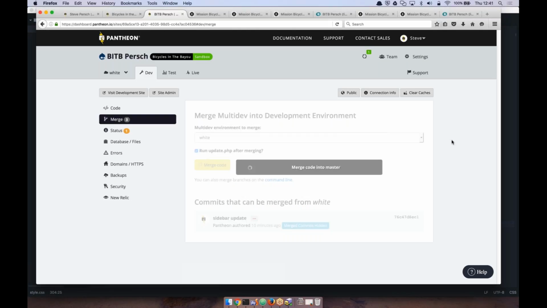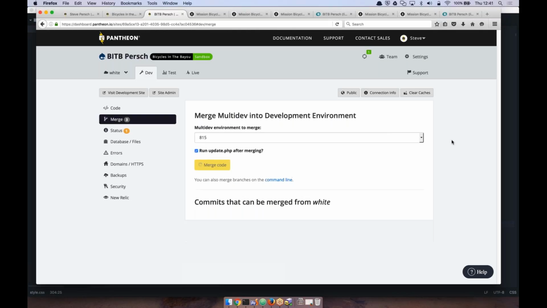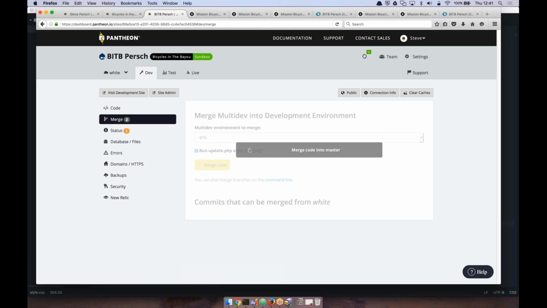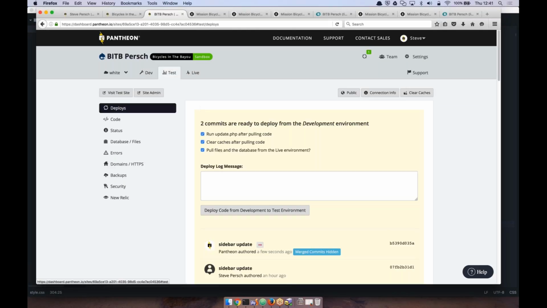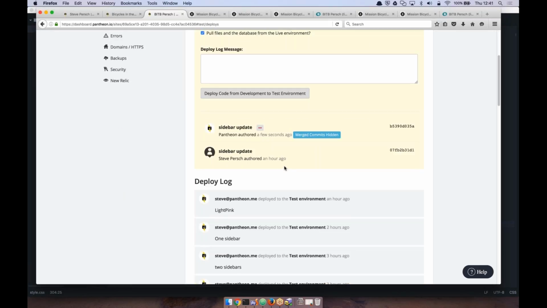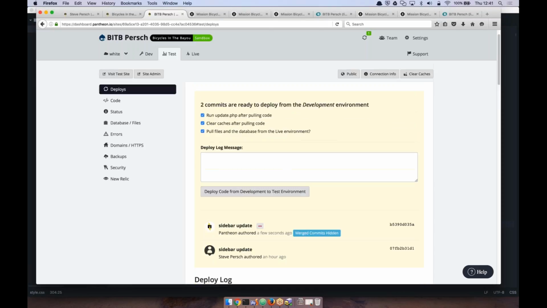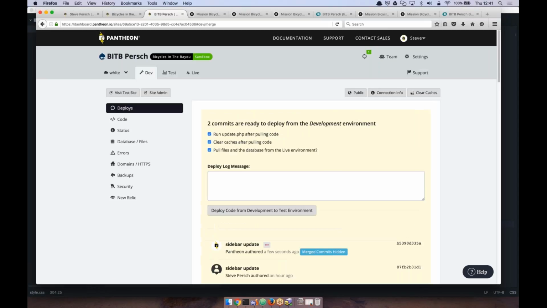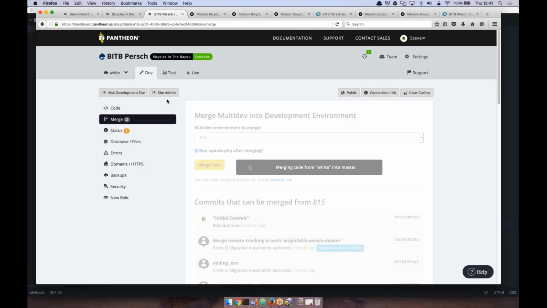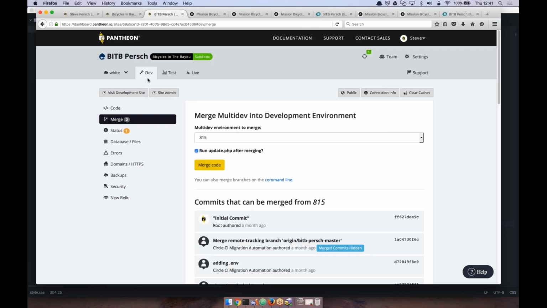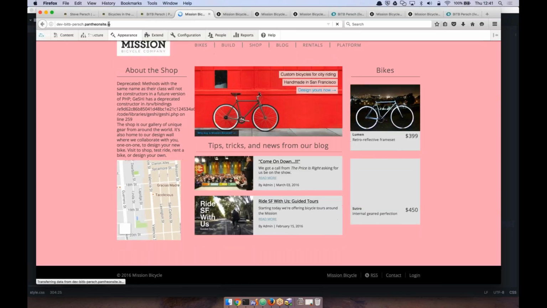Once this merge is complete, it'll then be available to push out to the test environment. So as I jump over to my test environment here, I can see that there are now commits available to be pulled in. So I've been making dashboard changes, and I've been merging multi-dev environments. So just to confirm that I've got the changes that I want, I'm going to open up that development environment,